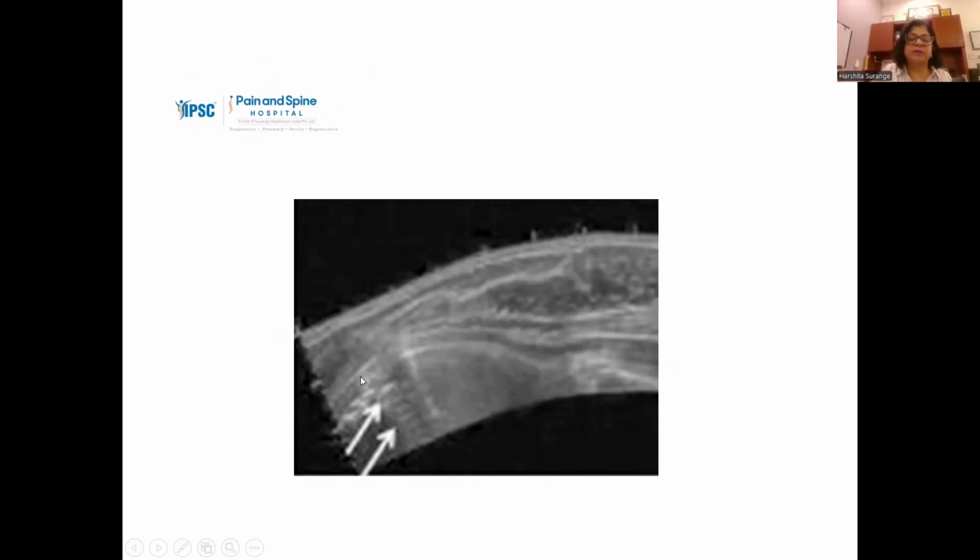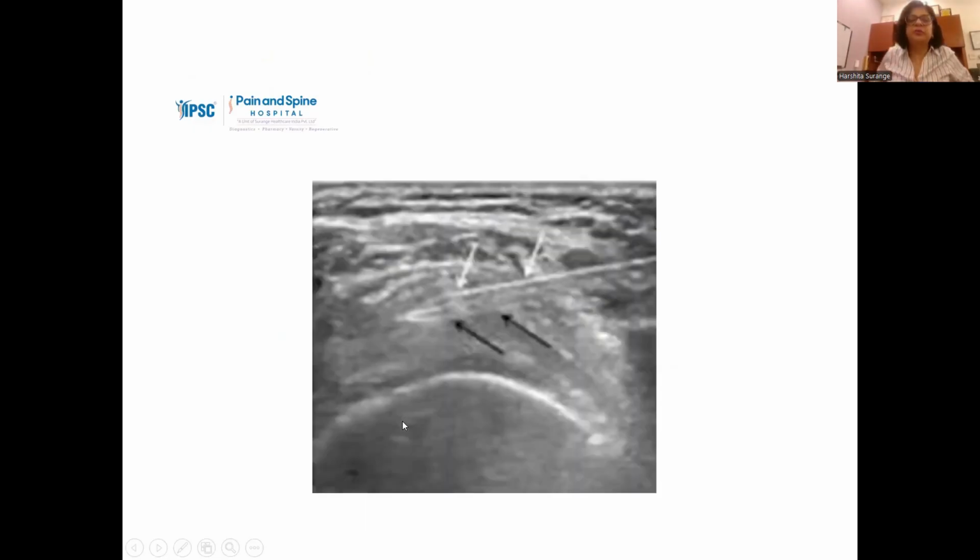Now this is again an implant, and when you place your probe over the implant, you get such artifacts, and these artifacts are again nothing but ring down artifacts because of the reverberation of the sound waves in the implant. So now this is again, yes, you thought it right. This is again a reverberation artifact.